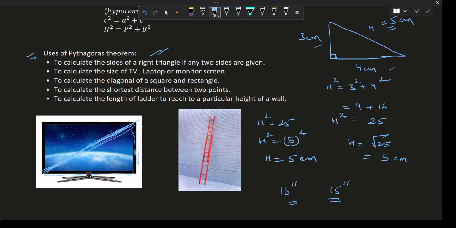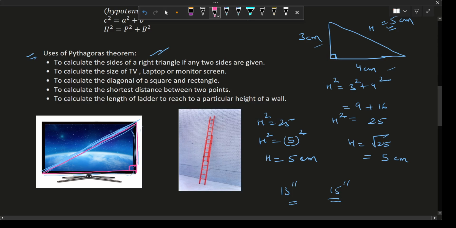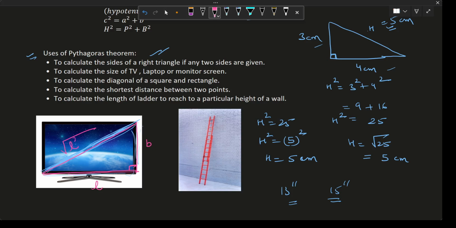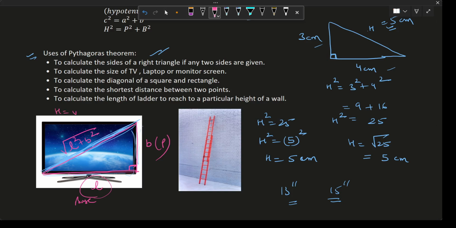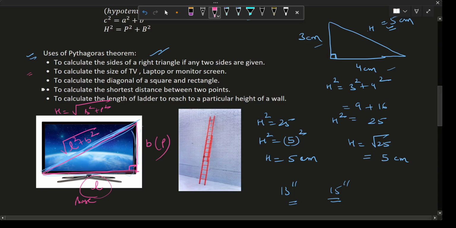Now how do you calculate the diagonal? You can see here I can make a right angle triangle. You draw this, you join this and this. It's a right angle triangle. Clear? Now from this length and this breadth of the TV screen, you can calculate this. This is the hypotenuse. So the square root of L square plus B square will be that, because this is base and that's perpendicular here. So hypotenuse will be the square root of base square plus perpendicular square. Is that okay? That is the use of this Pythagoras theorem. The same way, you calculate the diagonal of a square and a rectangle.